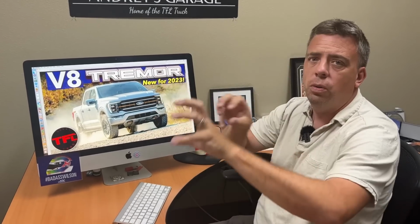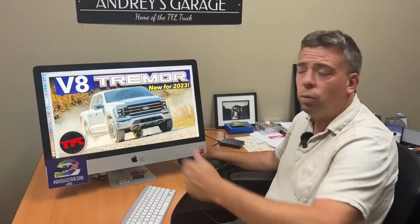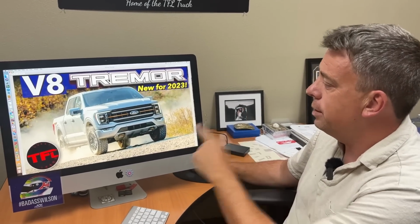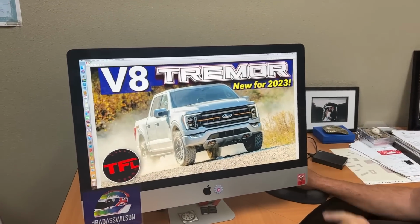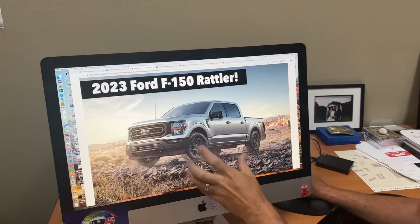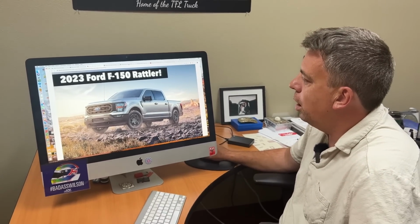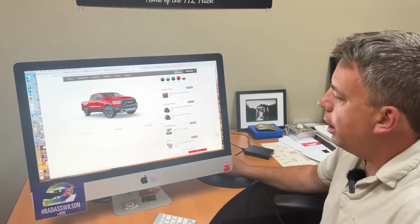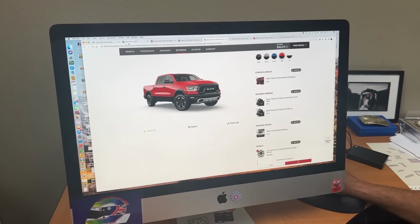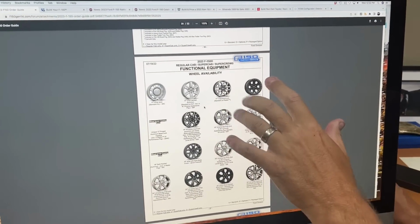So I cannot show you details of everything that has to do with the F-150 for the upcoming 2023 model year. But what I can do is show you how this compares for 2023 against some of the competitors, and also talk about some other off-road versions of the F-150, and also some of the other off-road versions of trucks like the Ram, the GM trucks, Toyota, and Nissan. And this is enabled by the order guide that's available to us via